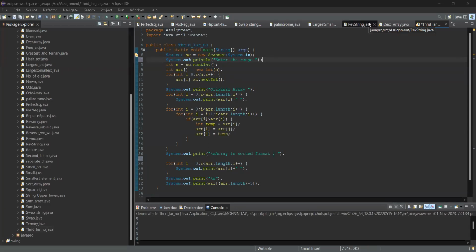Hi, this is Mohsin. I'm here to explain the program in Java programming to display the third largest element within the array. So first of all, within the main method, I have declared a scanner class and I'm getting